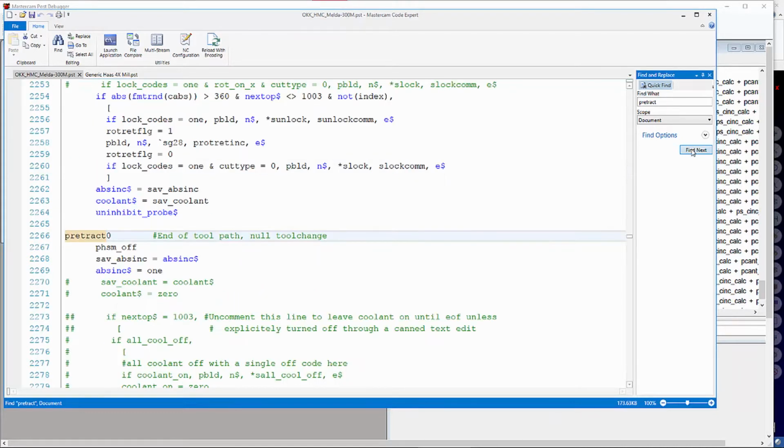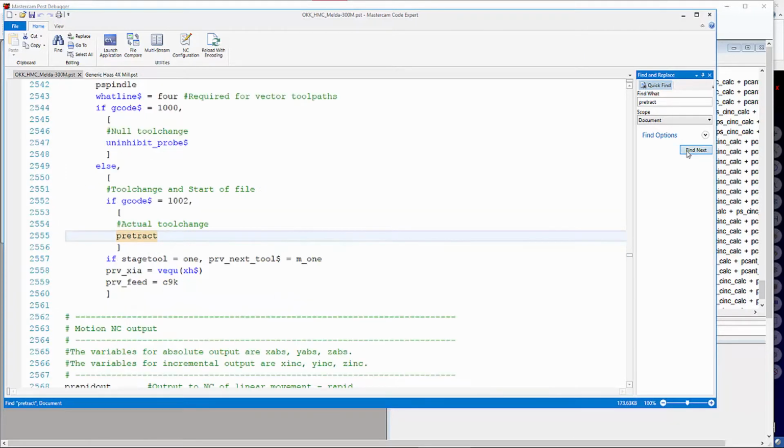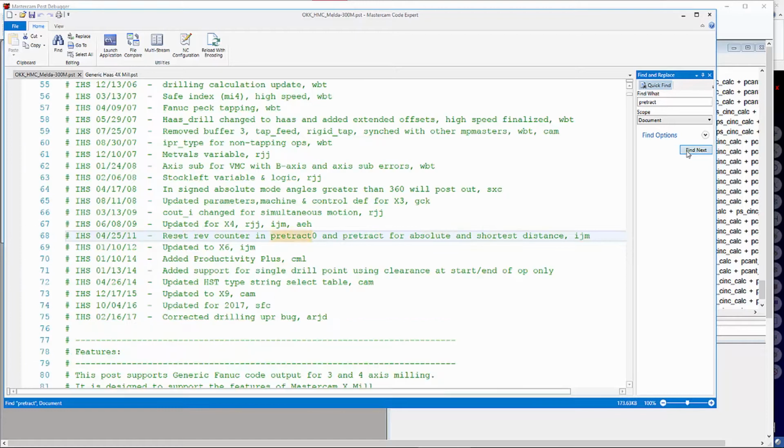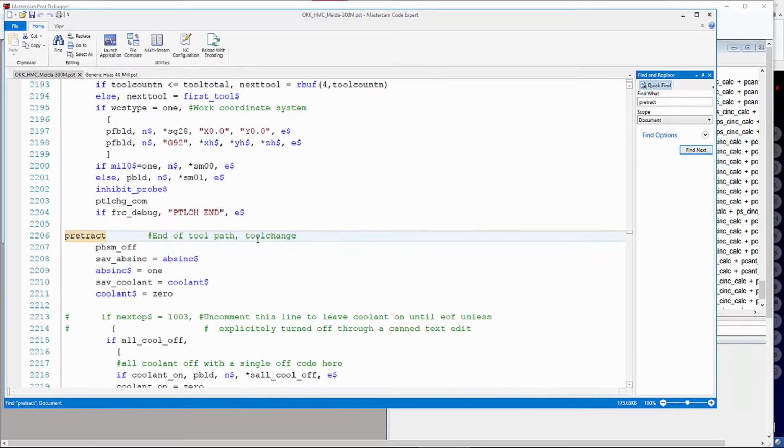There's also P retract 0 for the end of toolpath for a null tool change. This is in MP master. So MP master modified a little bit of stuff in regards to that. P retract. So this is the definition here, and it is called